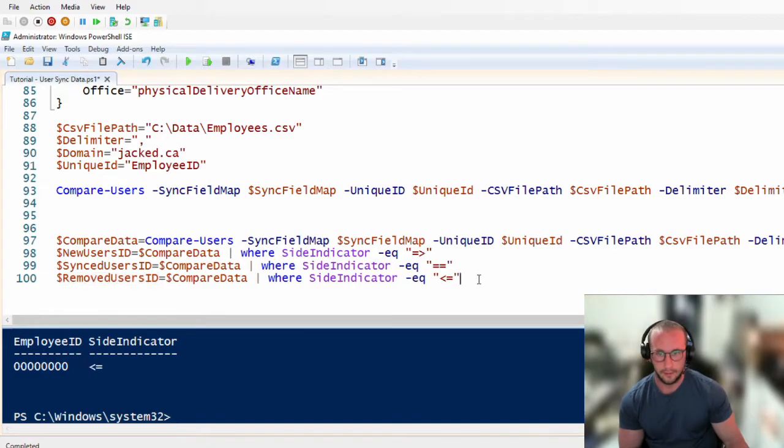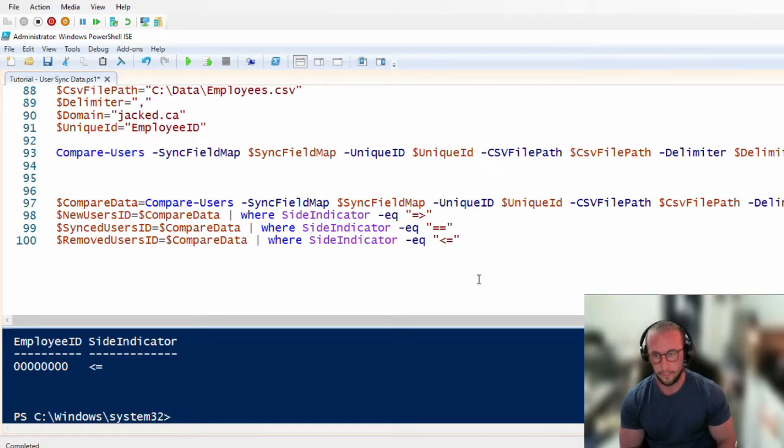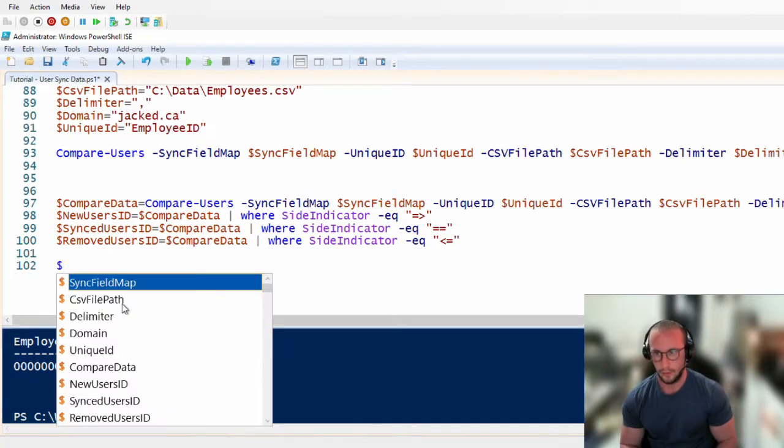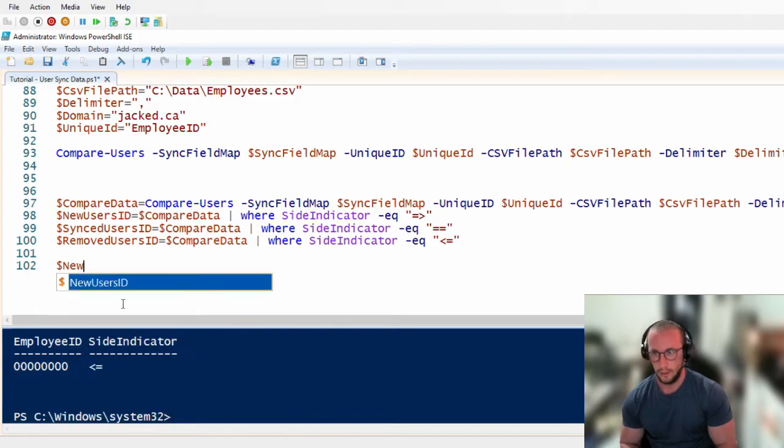So that's perfect. So now what we want to do is get the data for these. So we're going to do our new users. This is going to be the actual new users. And to get the new users, since they're not in our Active Directory, we can actually do get,